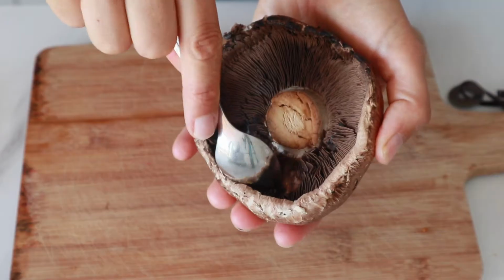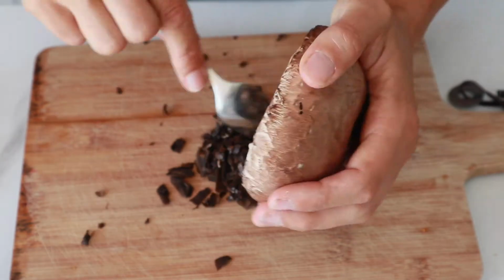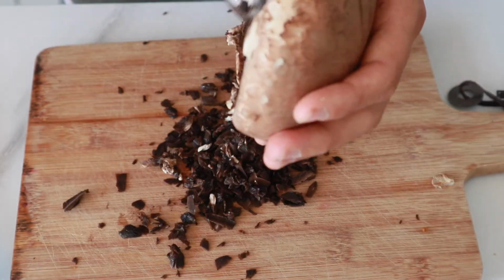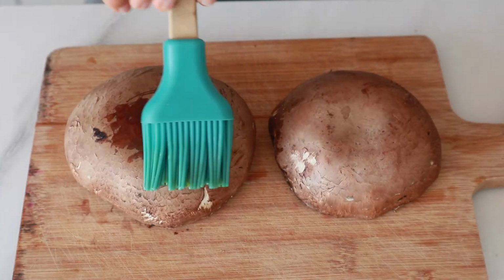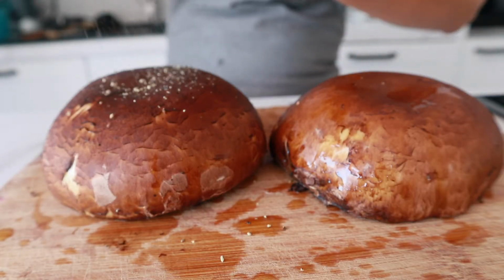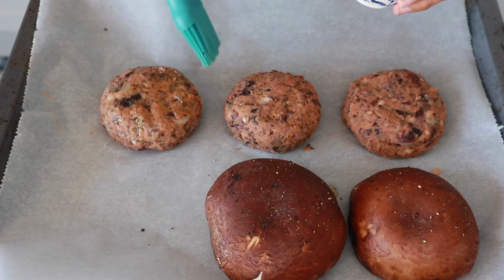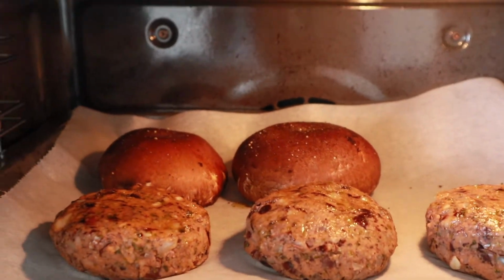We set that aside and now I'm preparing our portobello mushroom caps. We leave that in the oven for about 20 minutes at 180 degrees and in the meantime I'm preparing our